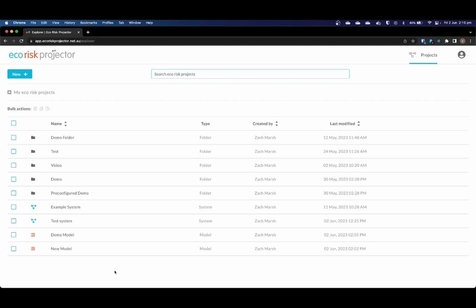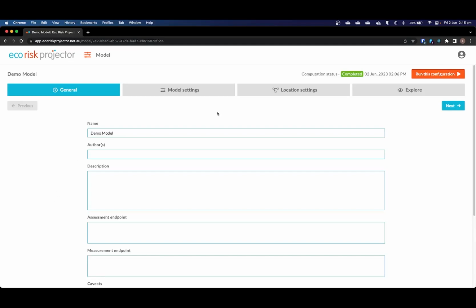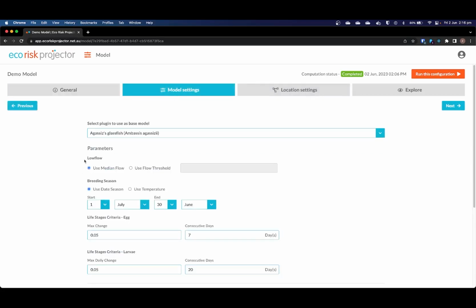So in this video, we're going to be looking at the downloads page in Risk Projector. You're going to want to start by creating a model and running it. This is the same demo model that we've used throughout the series. We created it during the tour, and then we looked at it for the explore page. So it's Ambassador, it's got default parameters, and it's got a